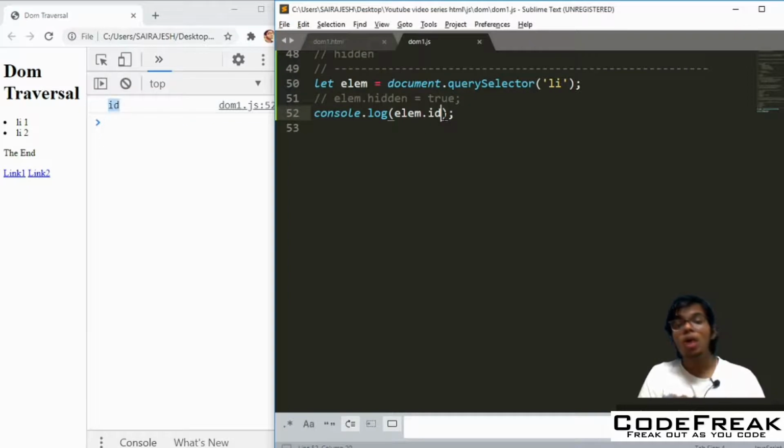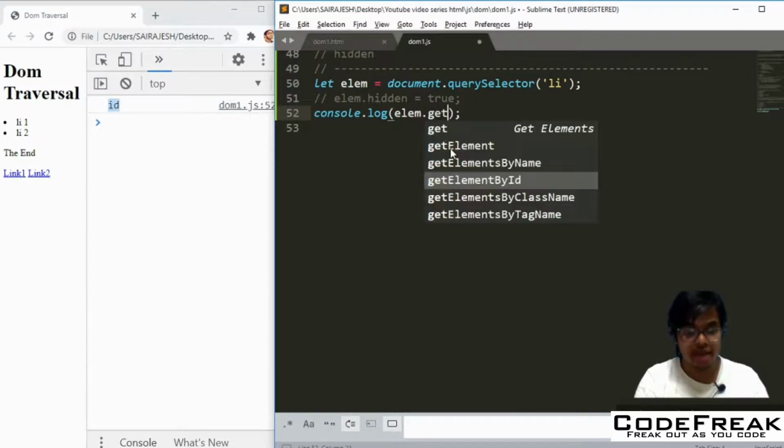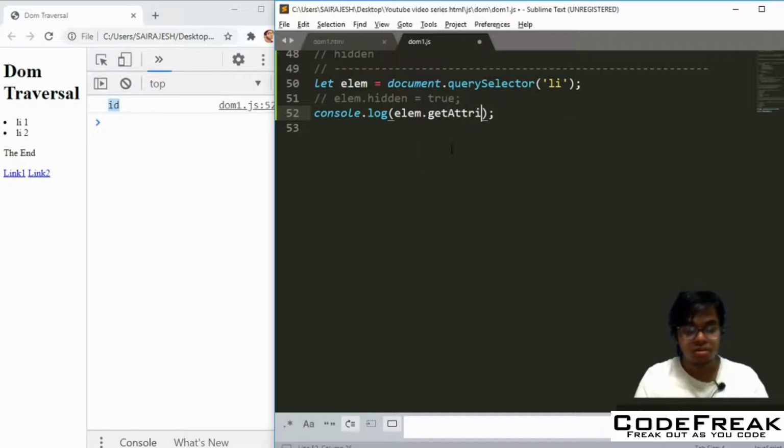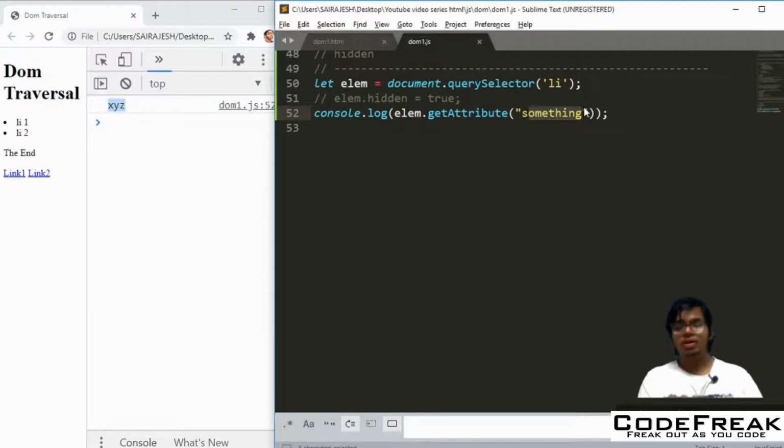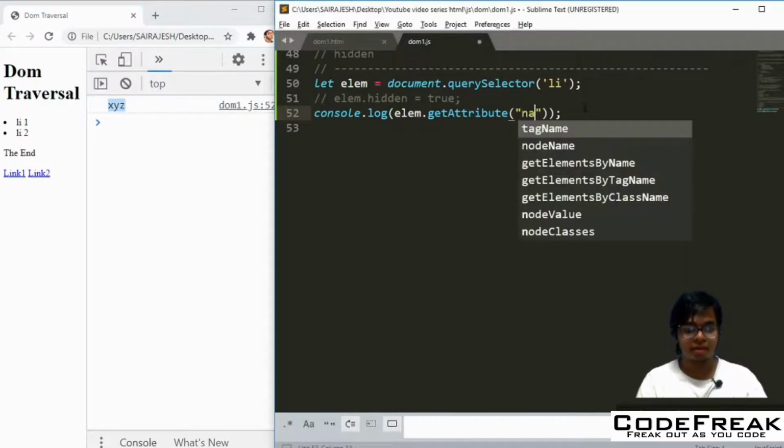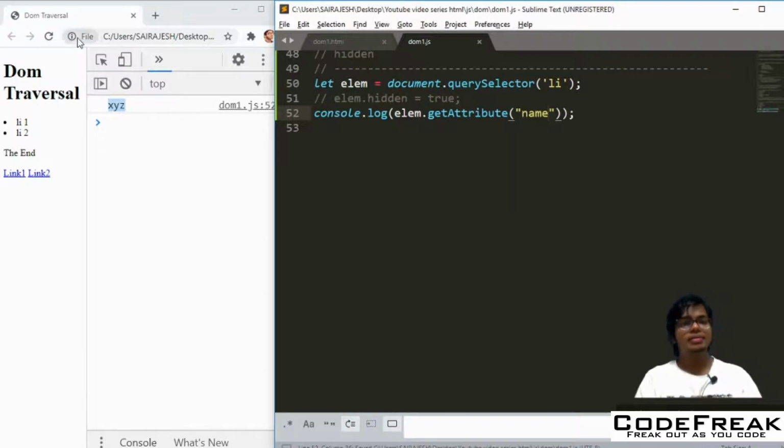So now how can we access this? We have also seen how to access it. You can just do get attribute, and then you can give in the name. So let's give in something here. You got xyz. You have to give it as a string parameter. So even if I do lm dot name, you will get the same thing.